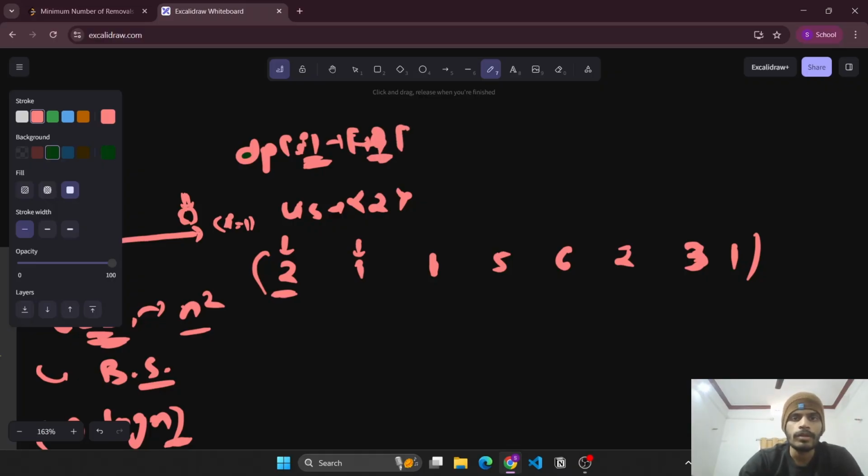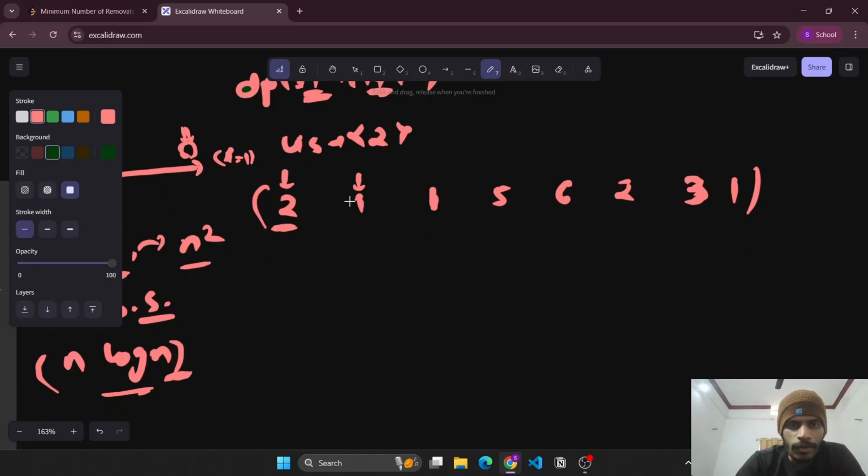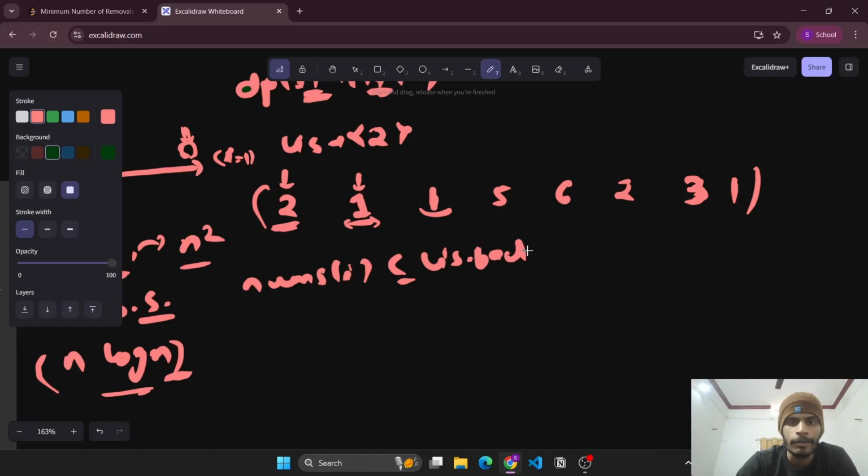Simply 1. Now when this value 1 comes, we see that this 1 is not greater than 2. So for the next index, which value is better to choose as the last element, 2 or 1? Obviously it is 1 because it is smaller than 2. If we have a 1, then if a 2 comes next, we'll be able to get an increasing subsequence of length 2 instead of 1. So if the current nums of i is less than or equal to LIS dot back, the last element present in the LIS,